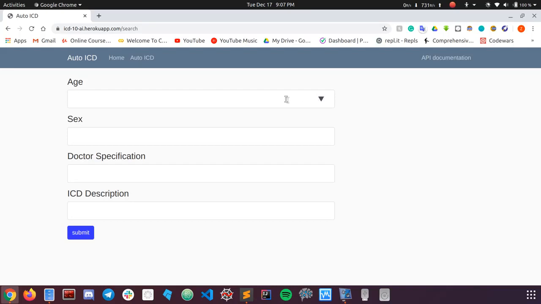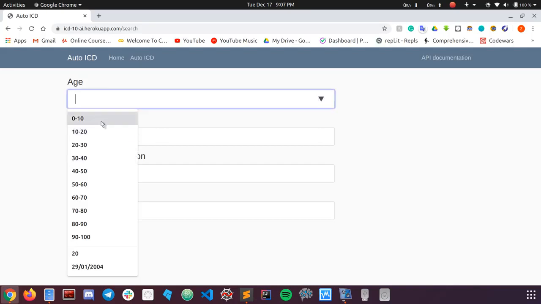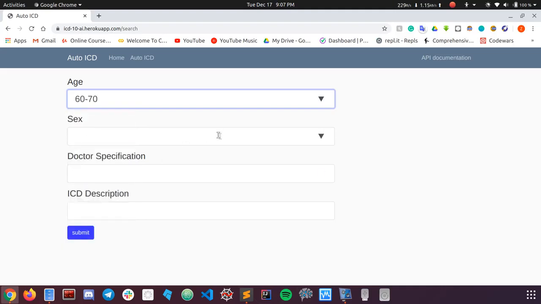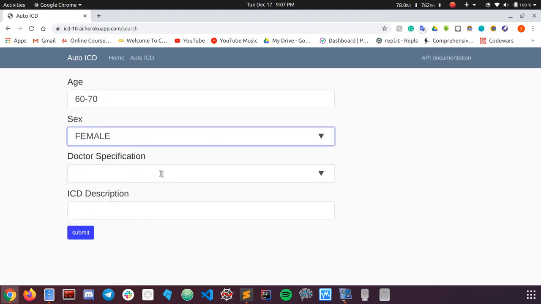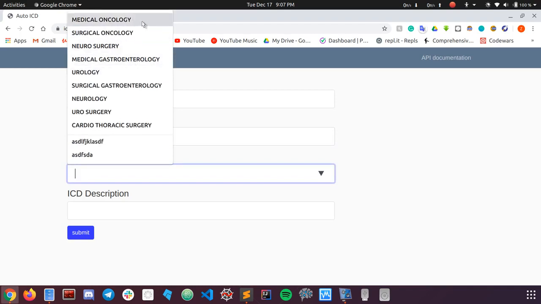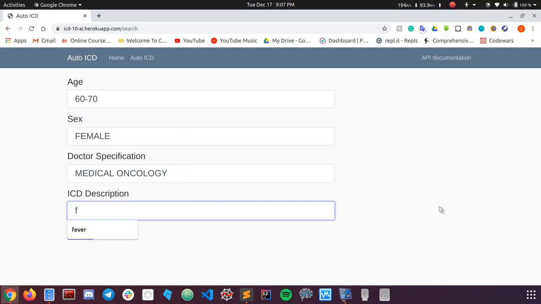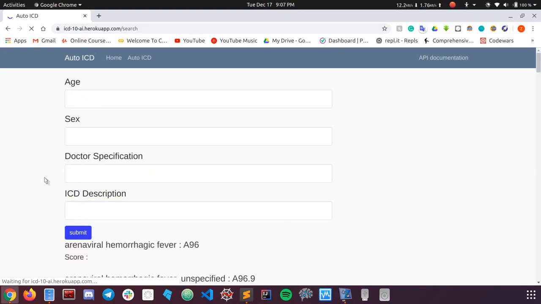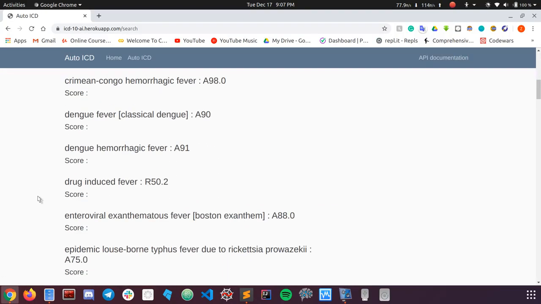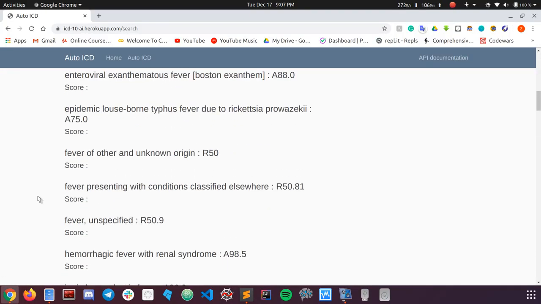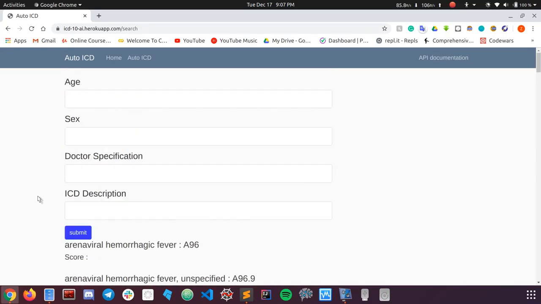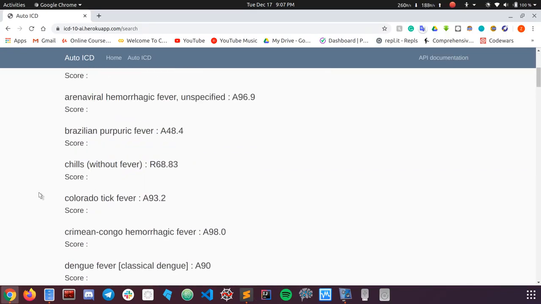So in age you can select any age, let's say 60 to 70, and sex, let's say female, and doctor specification, let's say medical oncology, and here you can type your description, let's say fever. Now if you submit, there are two cases for the values it returns.